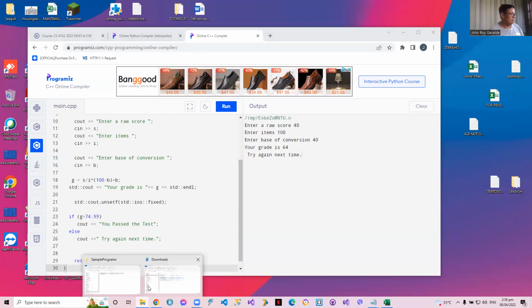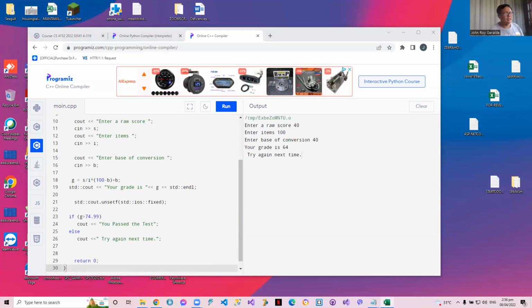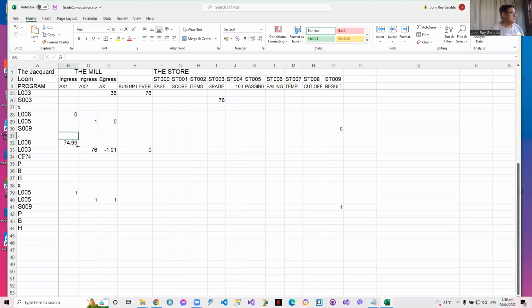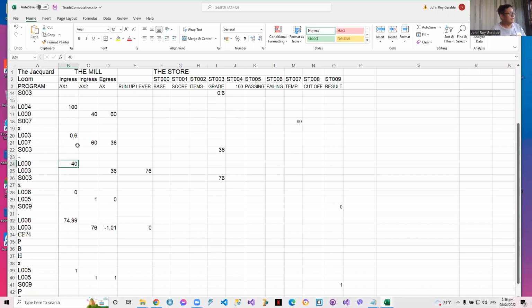Now, in our example last time, we had the grade computation. Here is how it's done in the analytical engine. Here is the part where the raw score is converted into a grade, which is 76. And before we do the if then else, we assume it's a failing grade. So L006, which is 0, multiplied by L005, 0 times 1 is 0. We assume it's a failing grade, and we check if it's